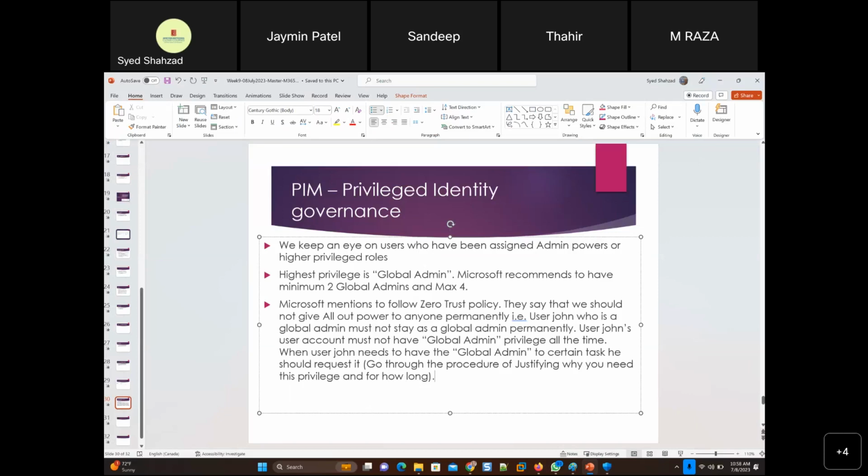But suppose a hacker hacked your account and requested the global admin privilege, because now the hacker occupies the account, right? But that alert went to the director, and the director will be thinking, hey, John didn't ask me, and he requested global admin privilege for 2 hours. So the director will ask user John, hey, are you using global admin privileges without my approval?